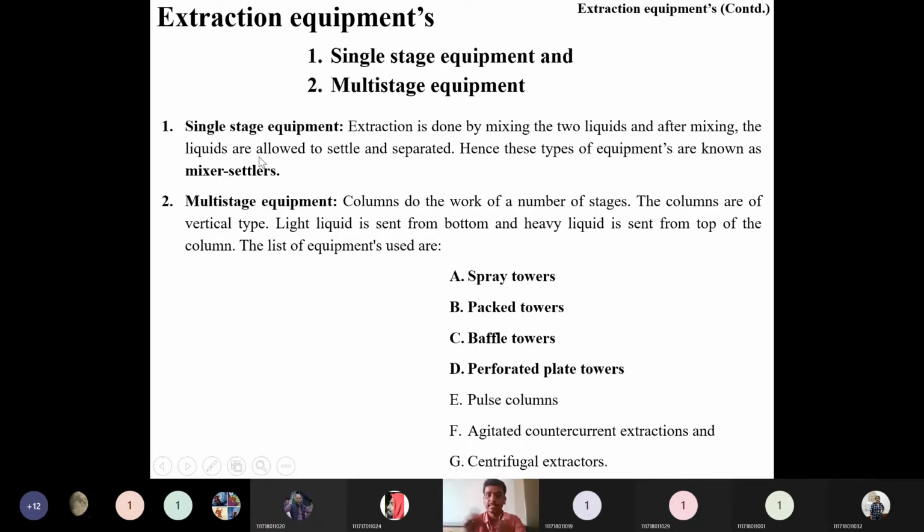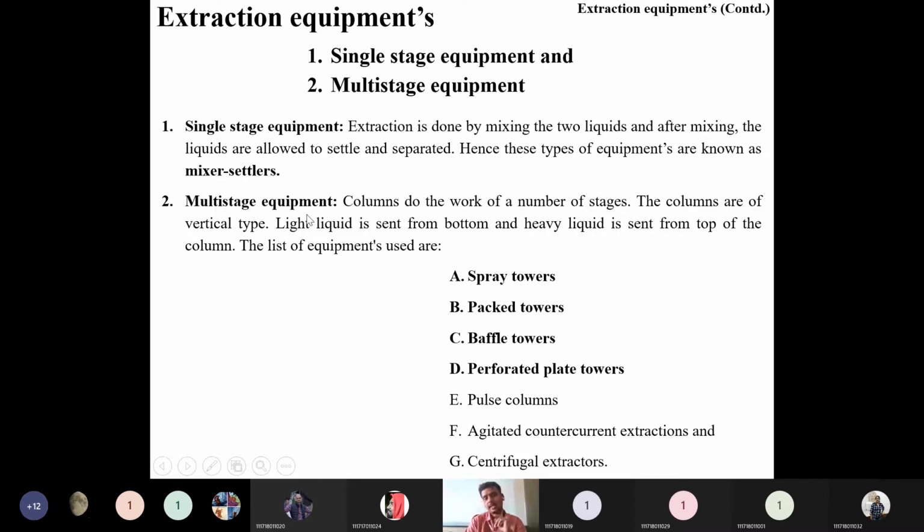If you consider mixer and settler, for extraction to be carried out, we want one mixing to bring intimate contact between the two phases. Then after mixing them, we have to allow them to settle, which is nothing but a decanter. So we want mixer plus settler. That type of setup is called a mixer settler, and that is a single stage we can consider. A series of these single stage operations can be arranged as multi-stage mixer settlers.